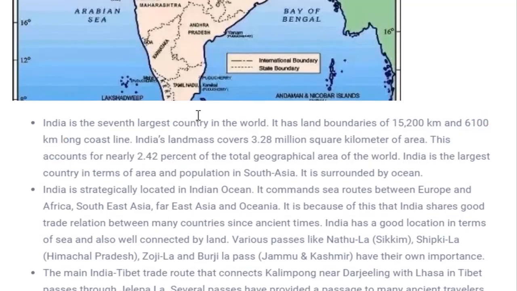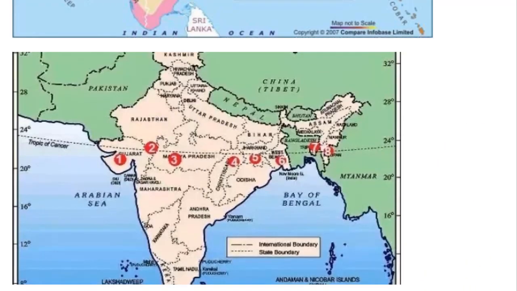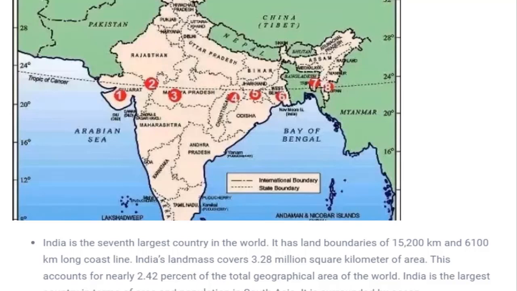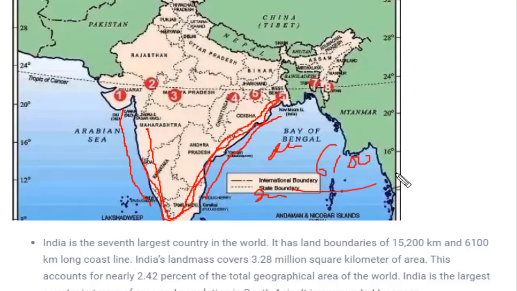When we see the map over here, you can see India is covered by sea from 3 sides. Let's see the map entirely. Here it's clear that on the western, or south-western side, it is the Arabian Sea, and on the south-eastern side it is the Bay of Bengal, which is part of the Indian Ocean. So the land area which is connected to sea is called the coastal region. If you want to consider the length which the coastal area covers, it is around 6,100 kilometers. This is just the length of the coastline in India.